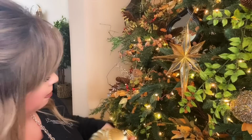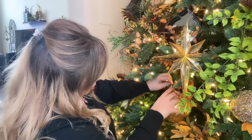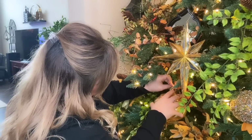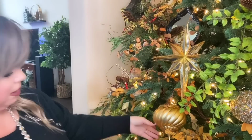Let's see. I'm gonna take it, go right to this branch, slip this right through where the hanger would go, and then I just bend it up. There you go. Done. And just to show you again, if you have an ornament like this, just take the top off and